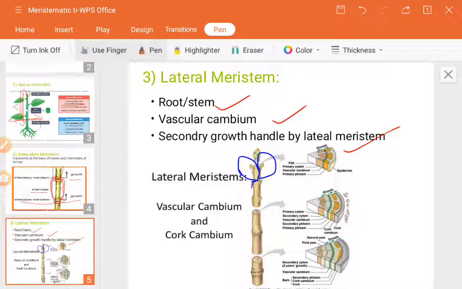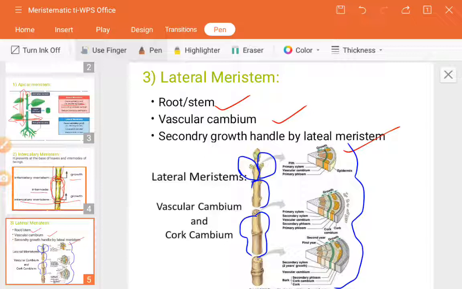You can see it is also present here, and it can also come on the nodes, so that is nothing but a lateral meristem. Again here they have shown the internal structure. Internally it appears like this, so you can see their names: primary xylem, vascular cambium, and the primary phloem, and all these things you can easily understand.